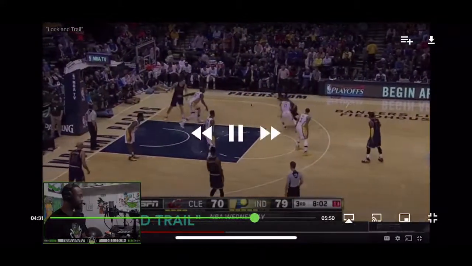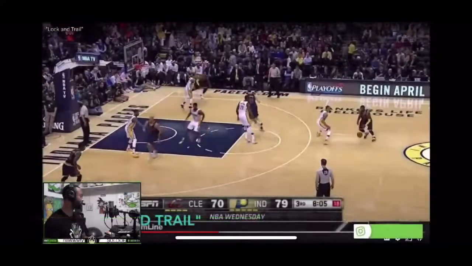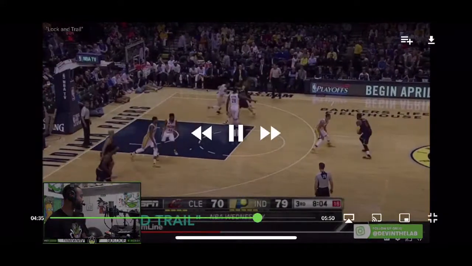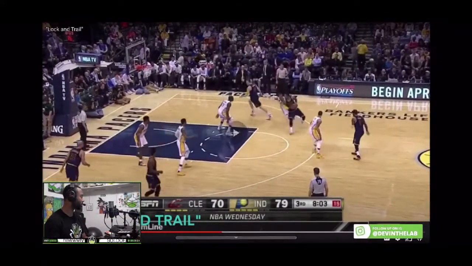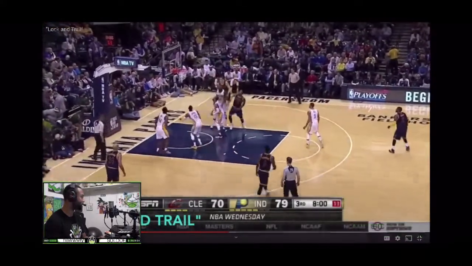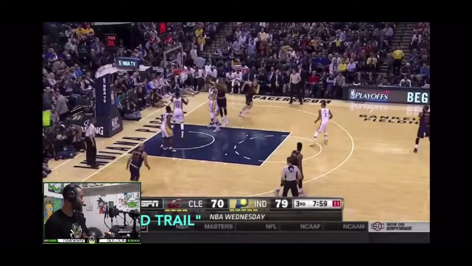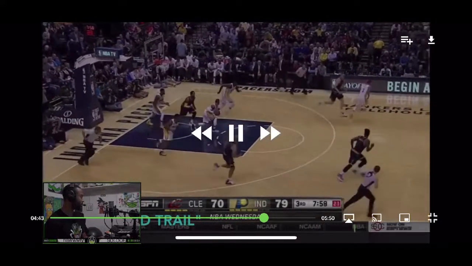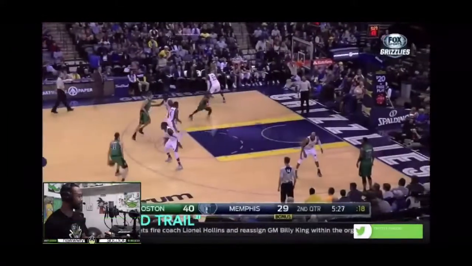So there it is, J.R. Smith, who definitely can shoot off the dribble, receives that down screen, comes straight up, staying on his hip, fighting around that screen, not getting hit by the screen, most importantly. Smith kind of got to where he wanted, but